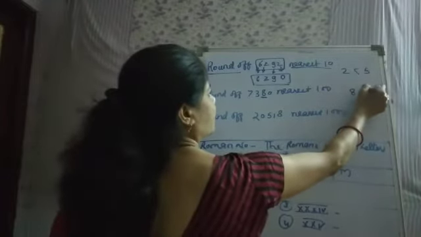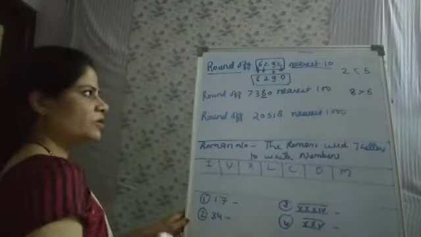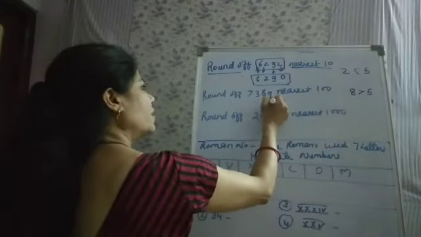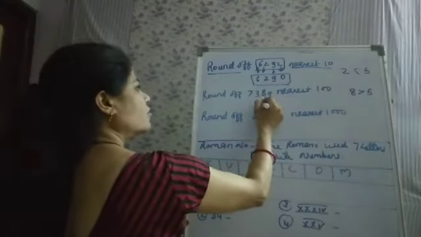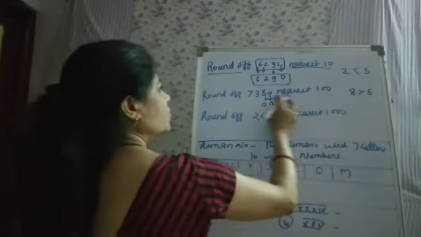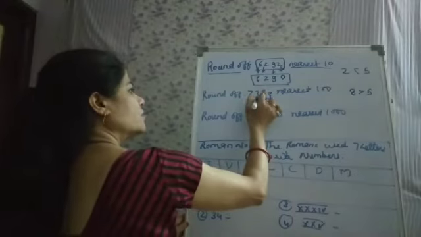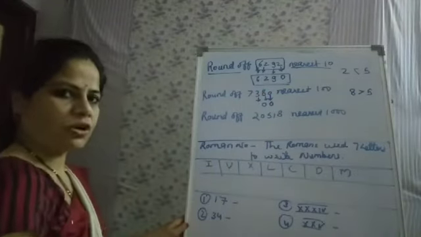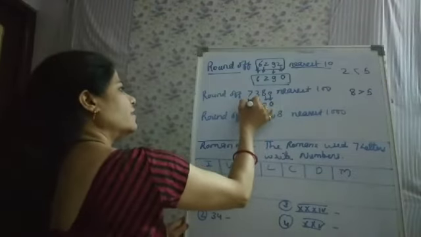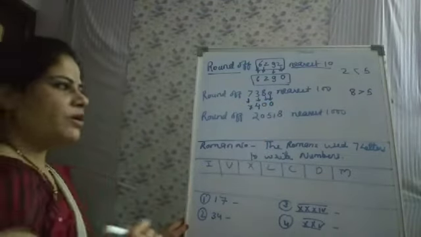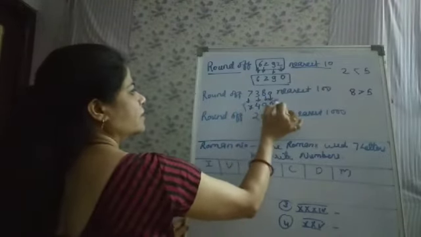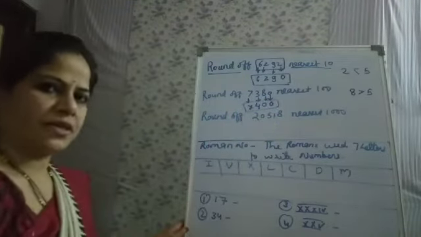Here 8 is greater than 5. Okay. So what you have to do, you have to put 0 at ones place, then 0 on tens place. But here 8 is greater than 5. So the 100 place digit, you have to write the next digit of 3. The next digit of 3 is 4 and then write 7 as it is. Okay. So the rounding number of 7,380 is 7,400.